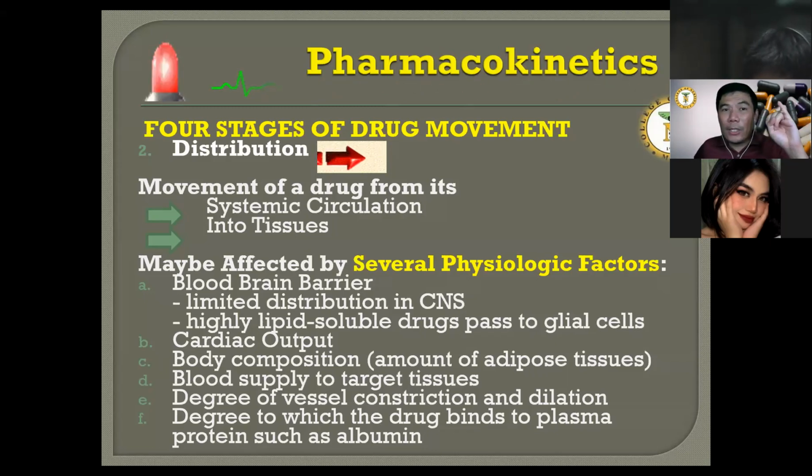The other A, okay, area of administration, and the other A, I'm sorry, that's ano pala, ayan, A is across tissues, and letter S is systemic circulation. So that is the period that we considered for absorption. Area of absorption, which is the area of administration. Next, AAS, A, across tissues, and after or across the tissues, it reaches systemic circulation.